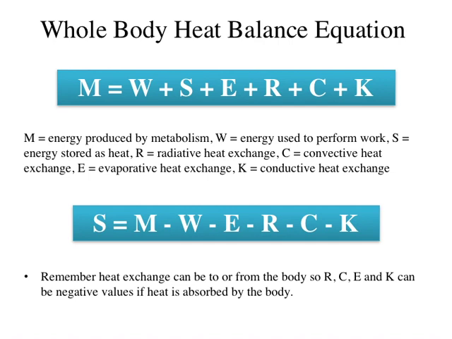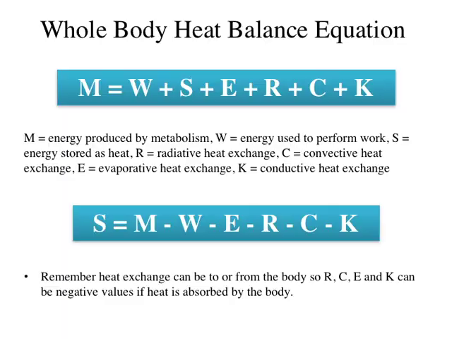Since our core body temperature remains in a very fine range, around 36.5 to 37 degrees, at times we give off more energy than we keep. This is seen when going from a cold climate to a hot one, where the body will begin sweating and evaporative heat loss measures would increase. Similarly, if you went from a hot to a cold environment, evaporative heat loss measures would decrease. For this reason, heat exchange can be lost from the body, so R, C, E, and K values can be